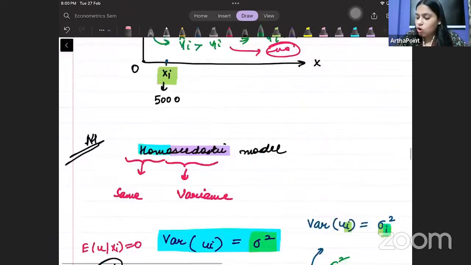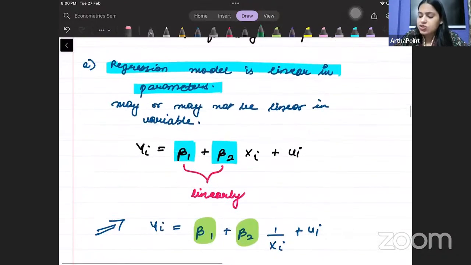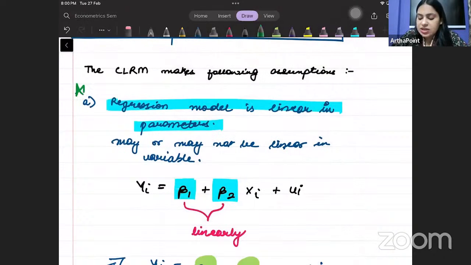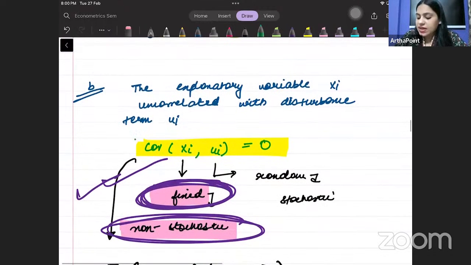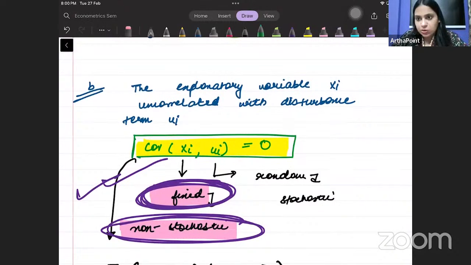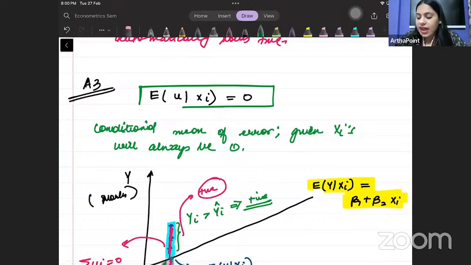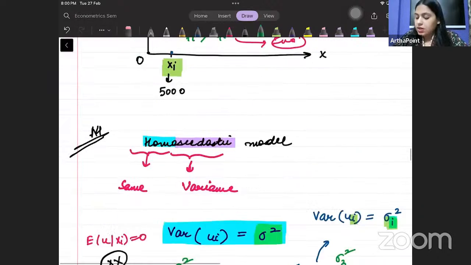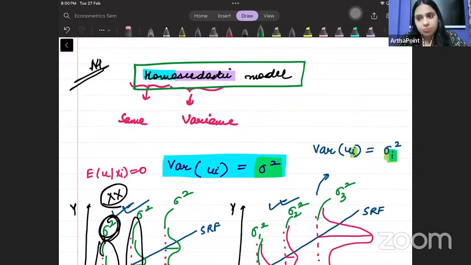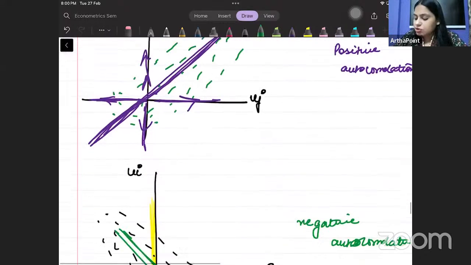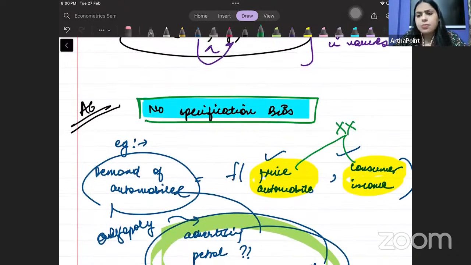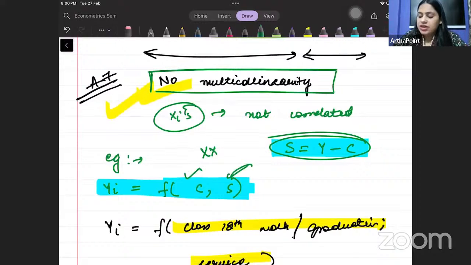ठीक है बच्चे, let's just revise all the assumptions we have done now. तो क्या assumptions हैं? The first assumption is that it should be a model linear in parameters. The second assumption is that the covariance between xi and ui should be 0. The third assumption is that on an average, the errors should be 0. The fourth assumption is that it should be a homoscedastic model. The fifth assumption is that there should be no autocorrelation. The sixth assumption is that there should be no specification bias. And at last, there should be no multicollinearity. So these are the assumptions of the CLRM model. I hope you are absolutely